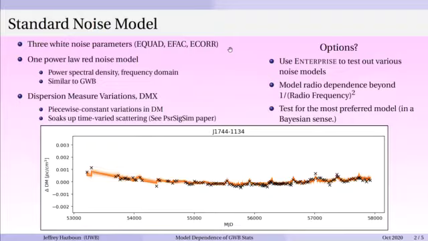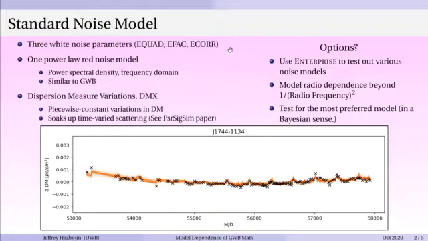We use DMX, which is this piecewise constant variation in the DM. In the plot below, that's shown by these X's. And I'm not showing the error bars here, but the X's basically are at each epoch. Usually there's at least 2 measurements with 2 different receivers to be able to measure this dispersion measure variation fairly